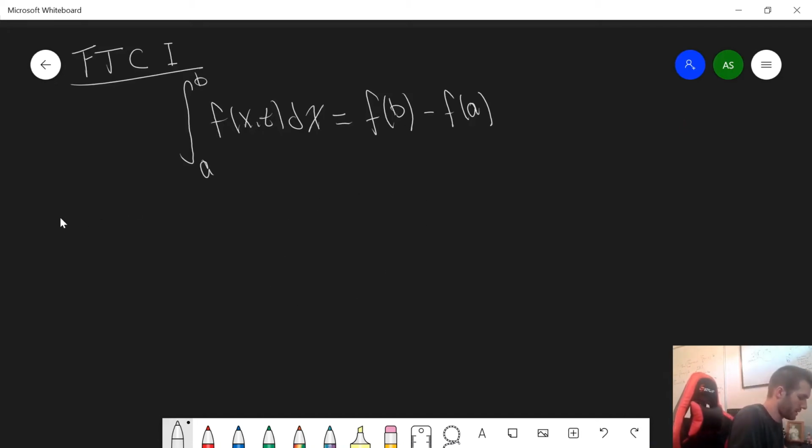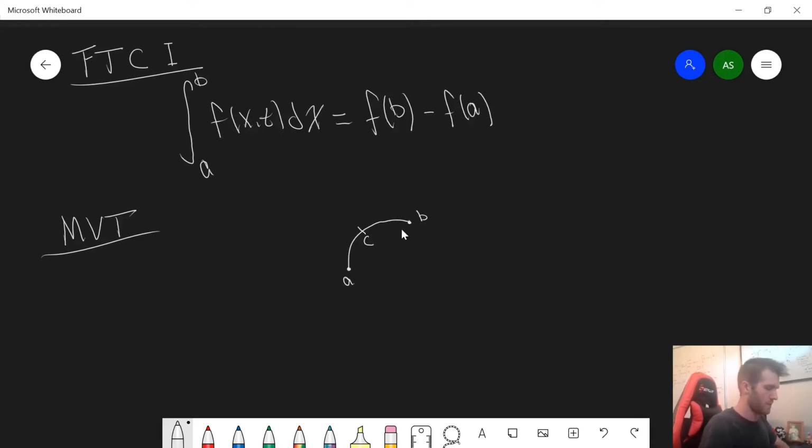So the mean value theorem simply states that if you have some curve along a plane, some arbitrary curve going from point A to B, you're going to have some c value, some constant, smack dab right in the middle there. And when you evaluate the integral between them and divide by the difference between them, then you're just going to